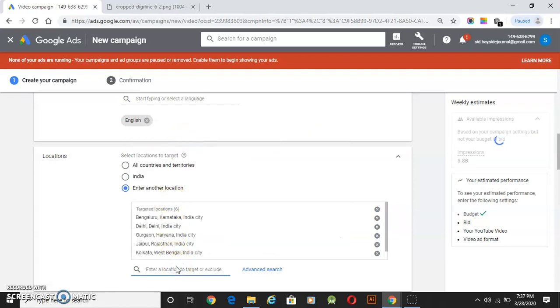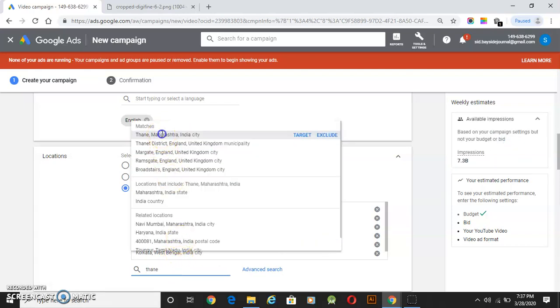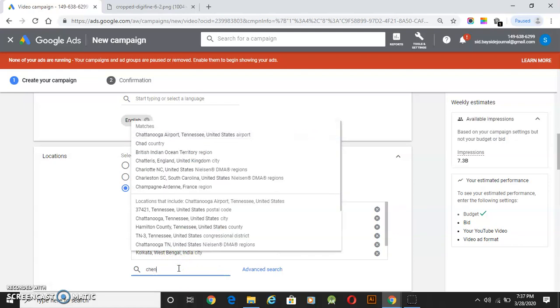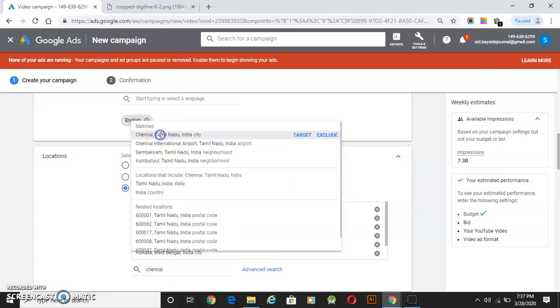Also take Thane, which is near to Mumbai itself. And I'll take two more cities, which is Chennai, and I'll take Pune.